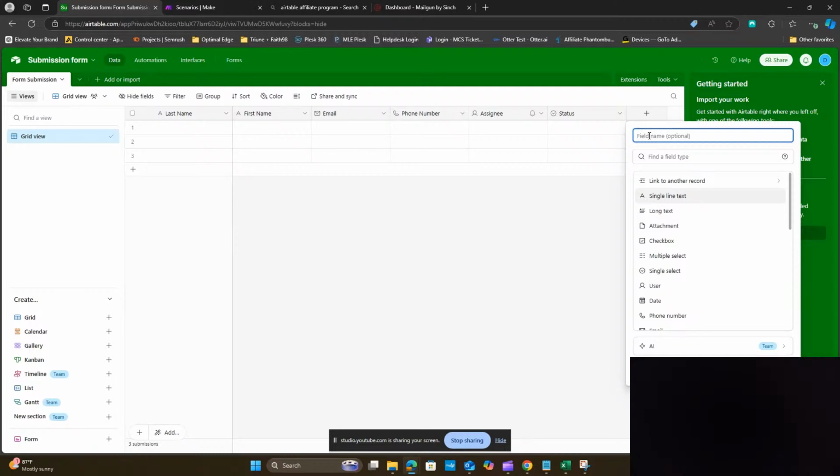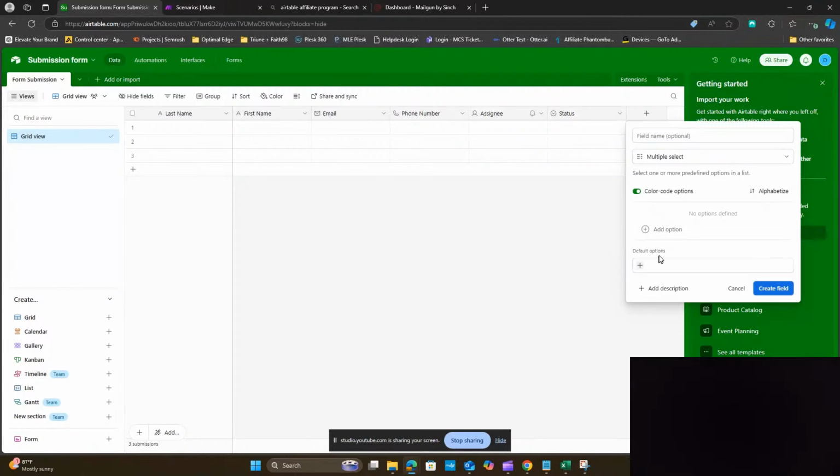And then the next thing that we want to do is the actual service or whatever you want to do for this form that you're trying to get them to put. So for me, I like to do this multiple select, but the single select is probably what you're more used to whenever you're seeing a normal form. But let's go ahead and do multiple selects. It's a little bit cooler. So here we'll call this one, we'll just say what services